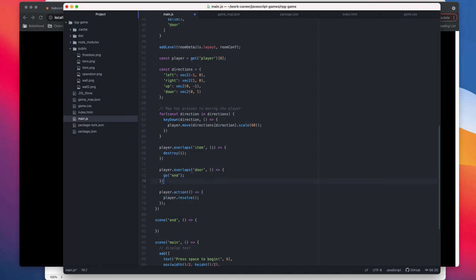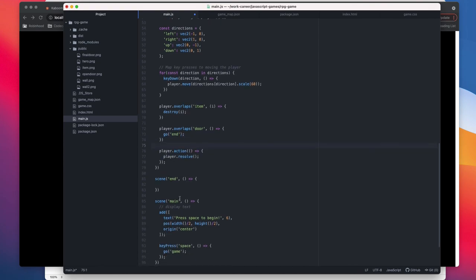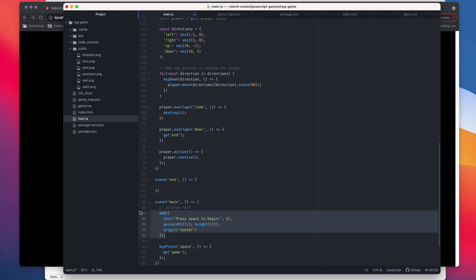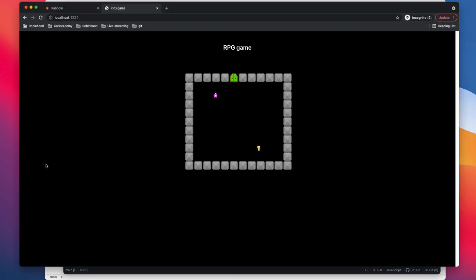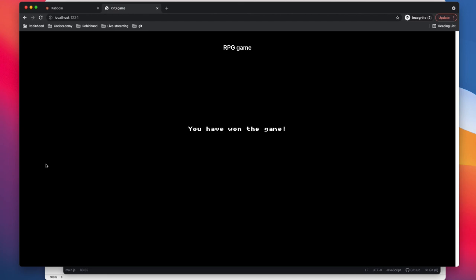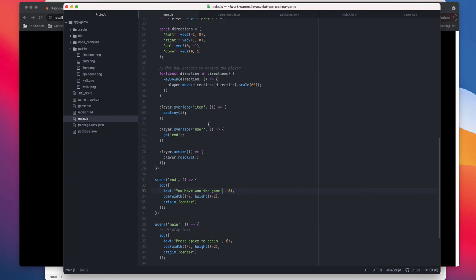So we call the end scene, and in the end scene we can add a text, display text, and in this case something like this. So let's see, let's take the key, the key goes away, and if I go here, we have won the game. So that completes our game.